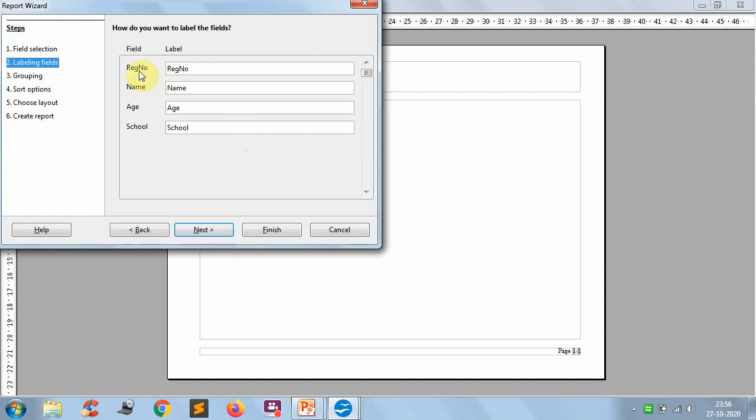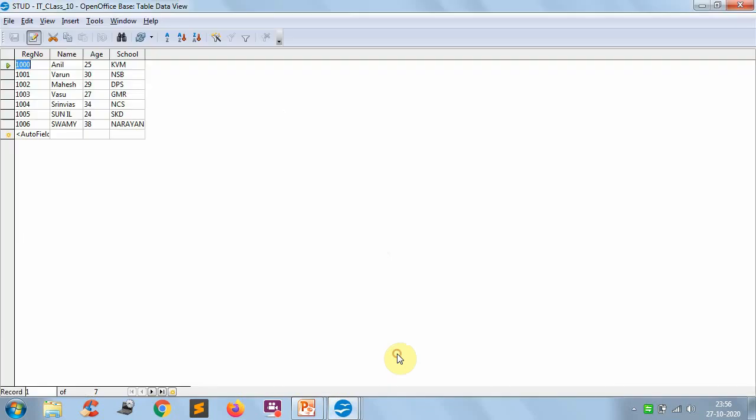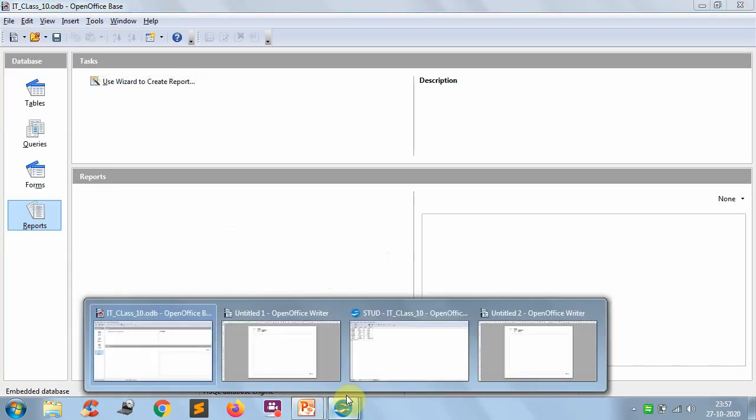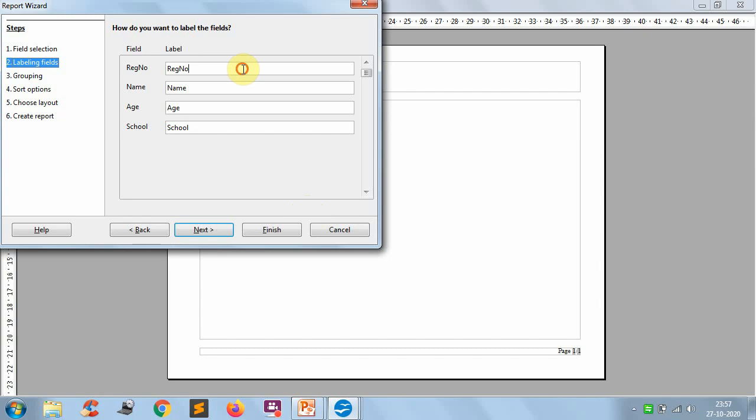Now here, in your table, these are the names. See this one in your database. For this table, column names were already given at the time of creating the tables. Now in reports, what names do you want to give? Instead of this, I want to give registration number.